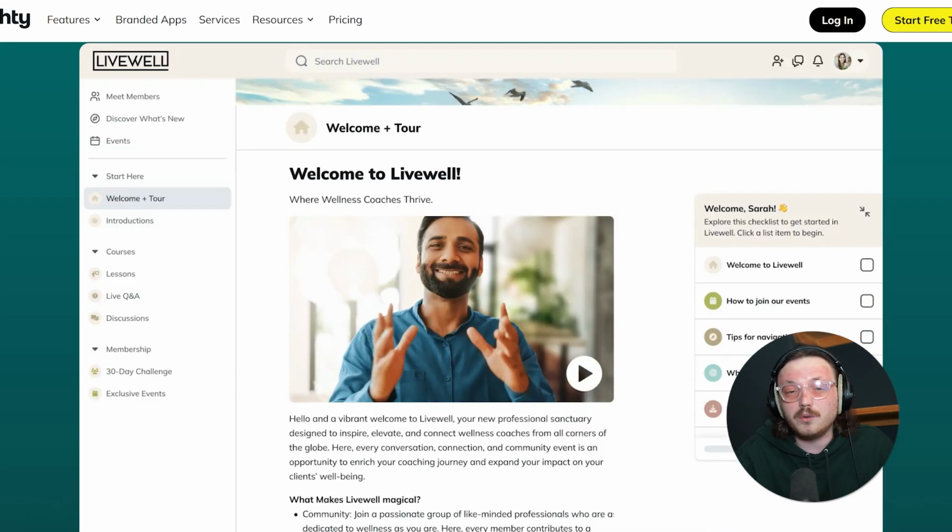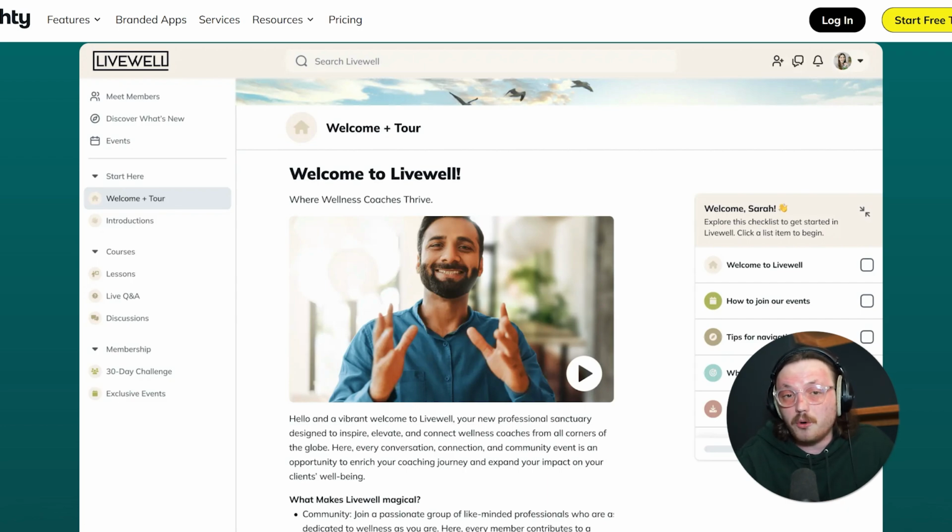Now, moving on to the user experience. Both platforms have clean, modern designs, but they focus on different priorities. Mighty Networks feels like a social hub. It's easy to use and focuses on community spaces, event calendars, and discussion boards. You can set up sections for different topics, add custom feeds, and even make private groups for smaller communities. The whole experience feels lively and interactive.